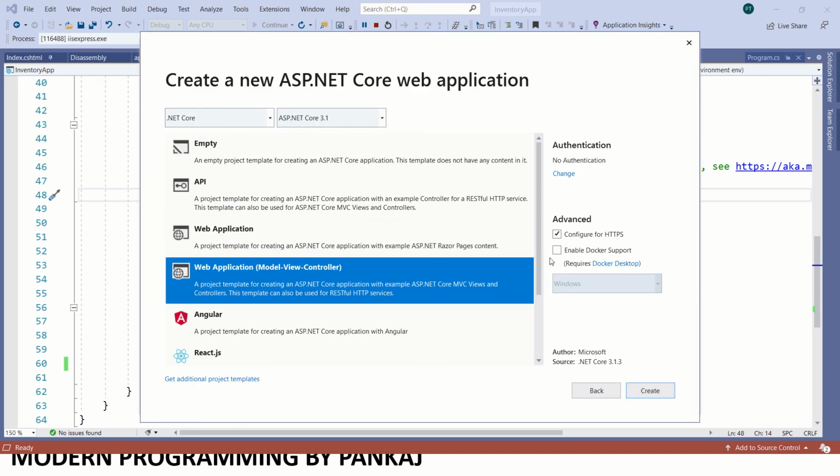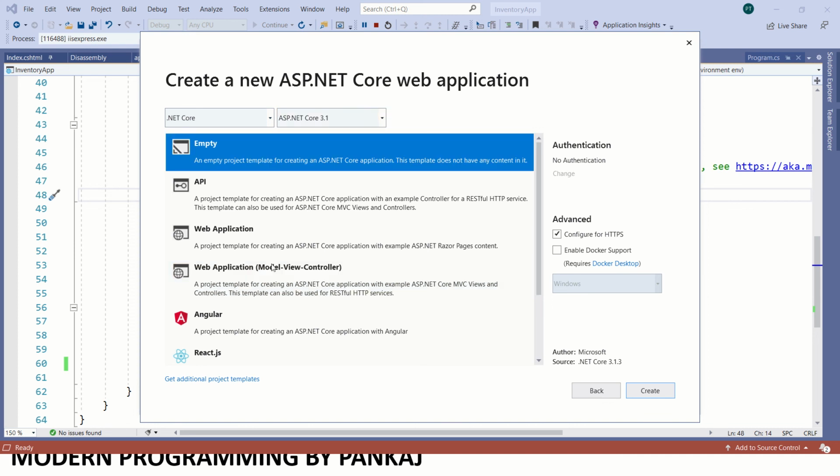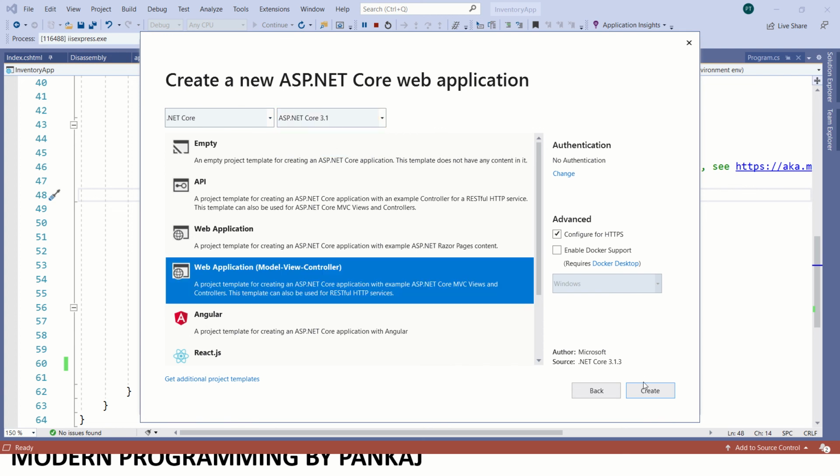See, we have got multiple templates here. I am interested in the MVC template, meaning model view controller, so we can use this. We have ASP.NET Core 3.1, so we will use that. Now select this and click create.